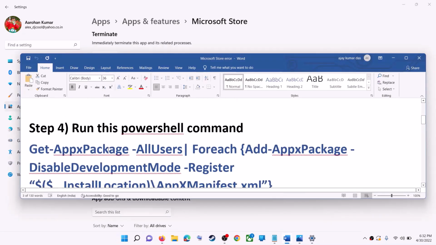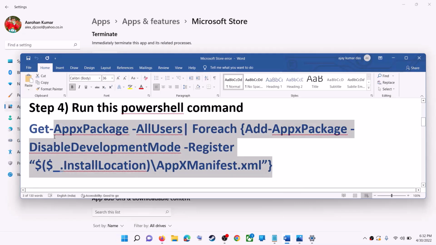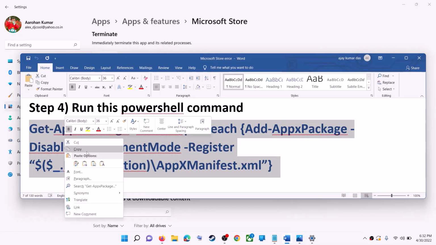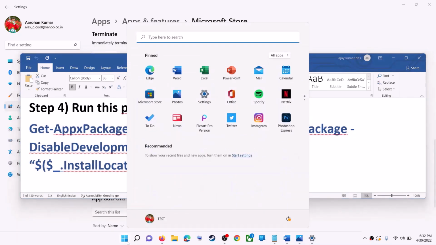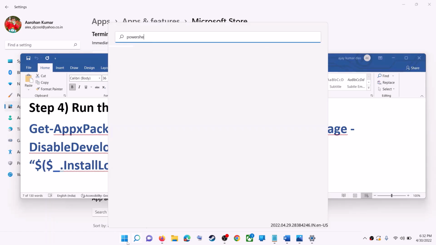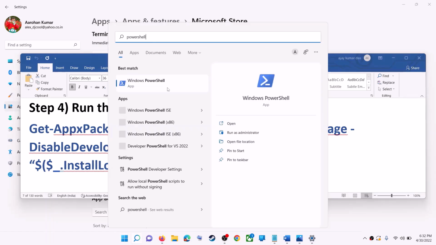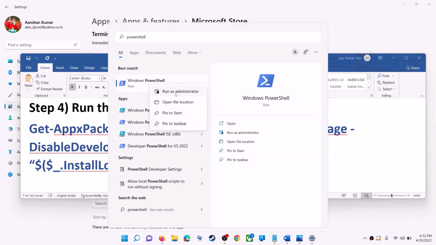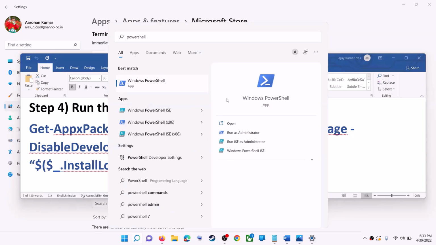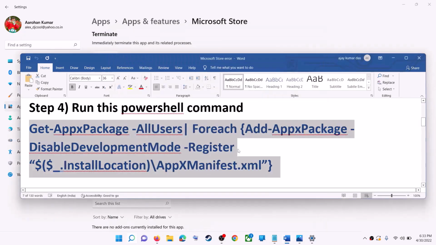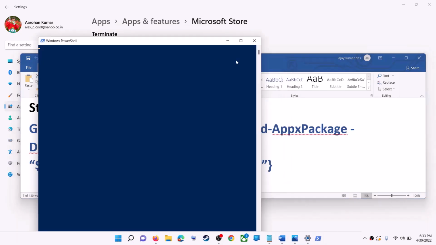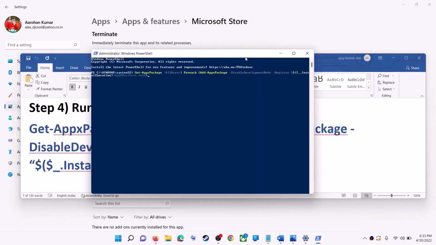But still you're receiving the error message, then run this command. This command is provided in the video description, so copy it. Now type in PowerShell in Windows search box and then make a right click on Windows PowerShell and then click on Run as Administrator. Make sure that you're opening PowerShell as an administrator. Click on Yes to allow. Now paste the command over here, hit the Enter key